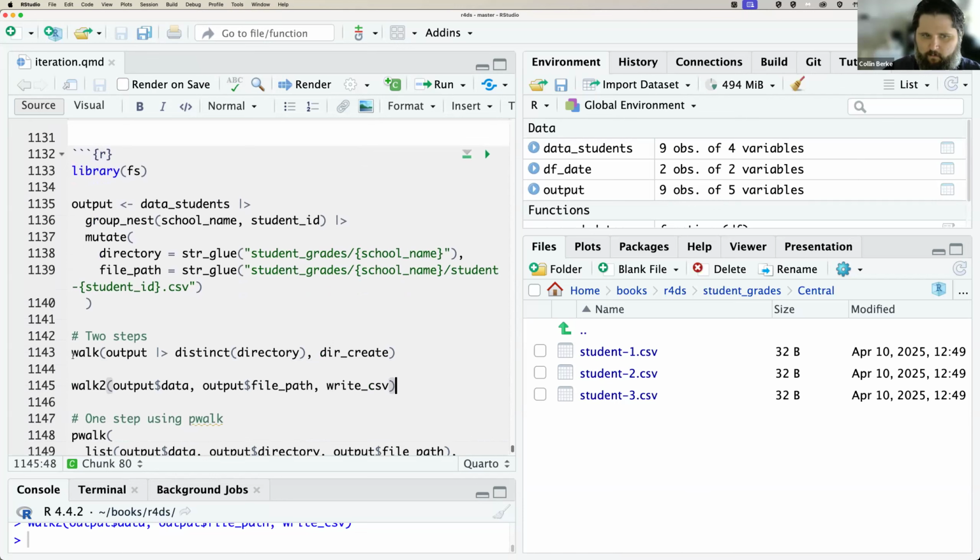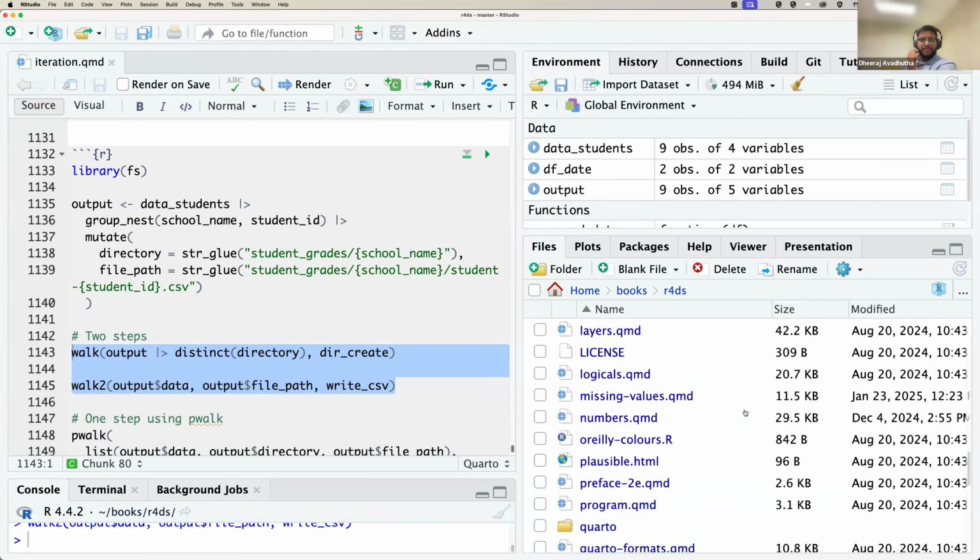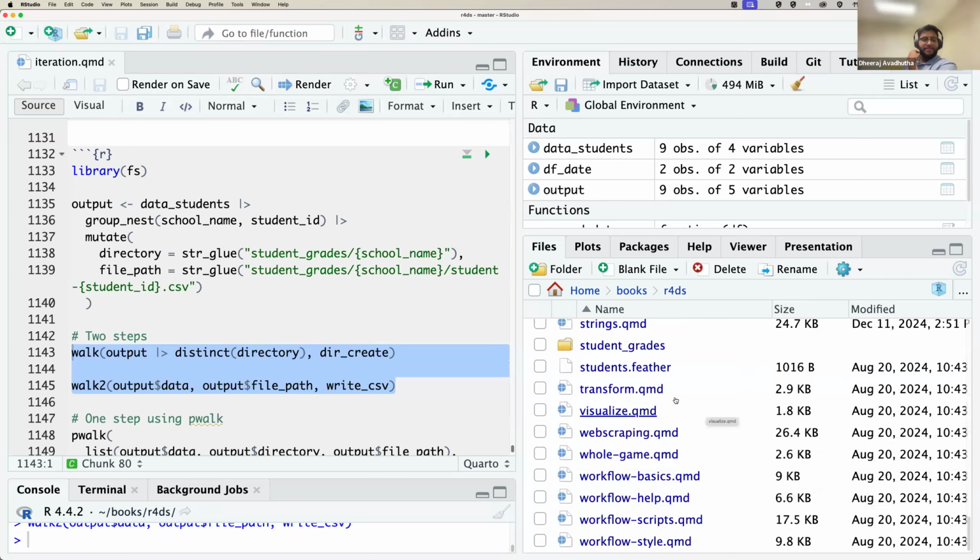Before I talk about a more concise way to do it, in one step, what questions do people have about using walk and walk2? Yeah, I'm just seeing that first package. So yeah,